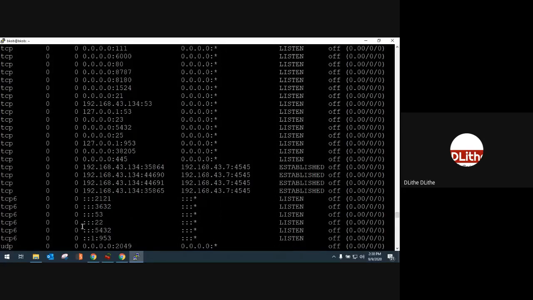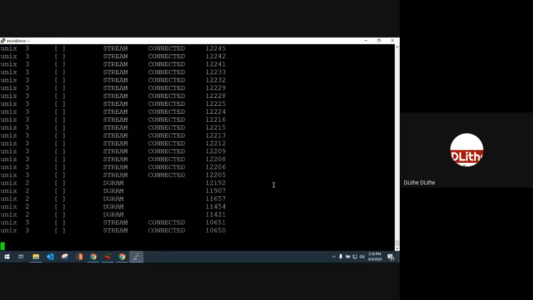Oh yeah, here it is. Port 22 is open on this machine on all interfaces. So now what we have done is very simple. We have hacked this machine, and since we had root access, we had administrative access. I created another user and made him administrator.